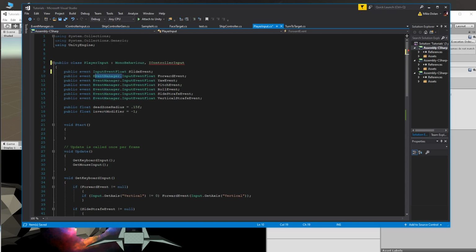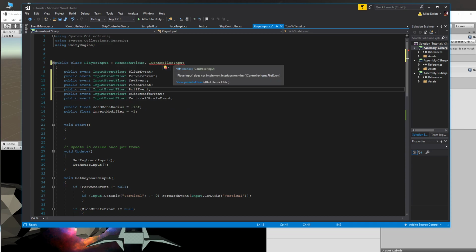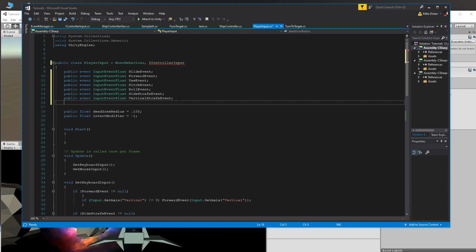So we're just going to delete these, the event manager reference. In fact, I'm probably going to just delete that script for now. I think we'll actually have an event manager in the future, but right now we don't need it. Okay, so now we have all the events converted to our iController type events, but we have an error. So if you look up here, it says we don't have a fire event. So it's because we have not implemented